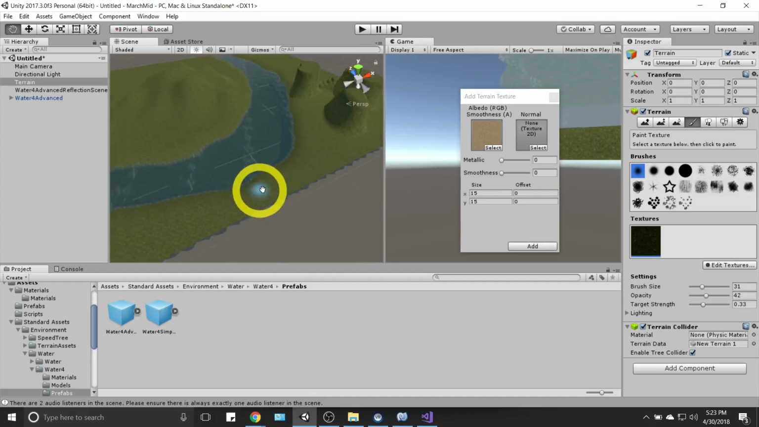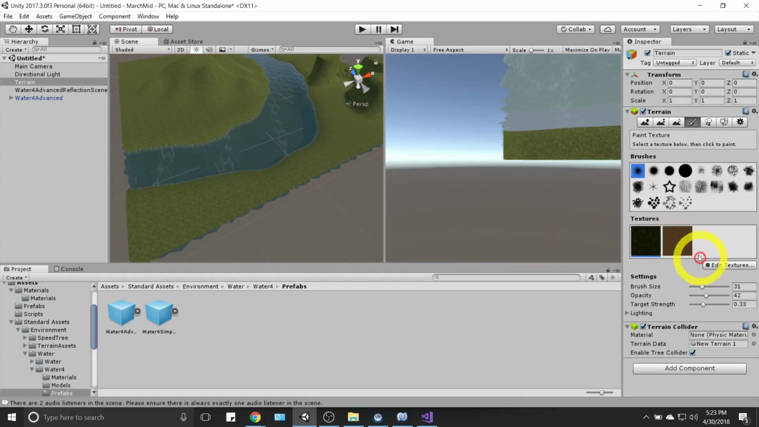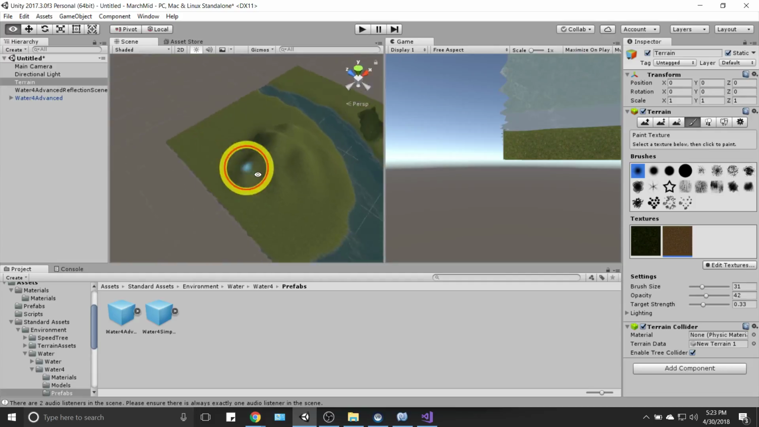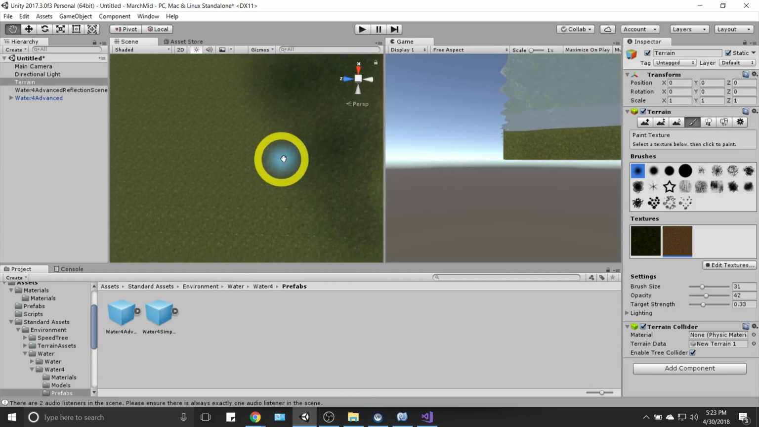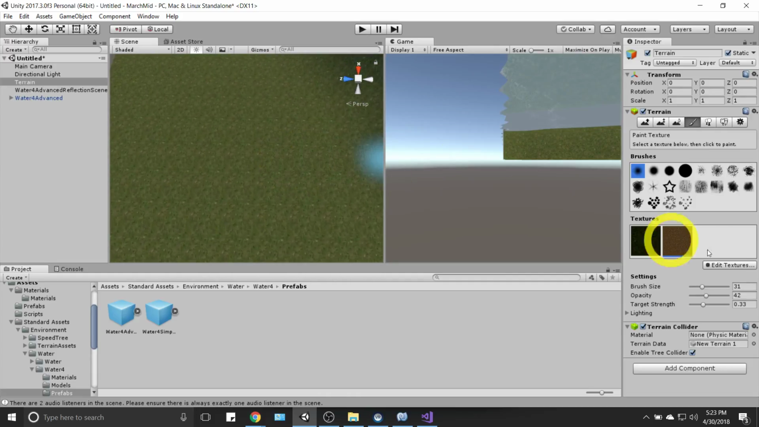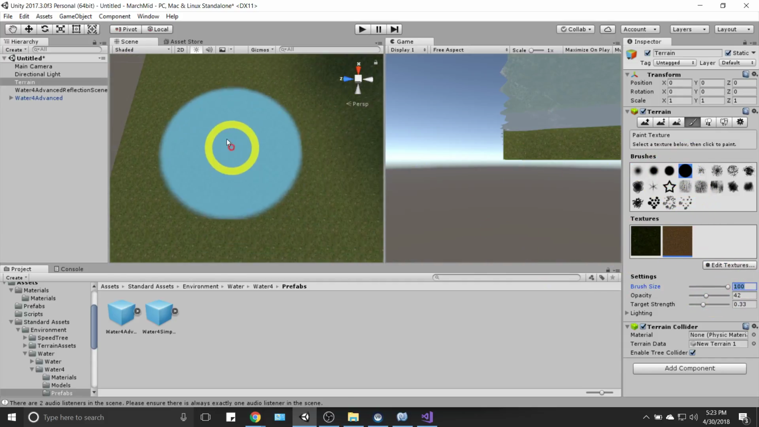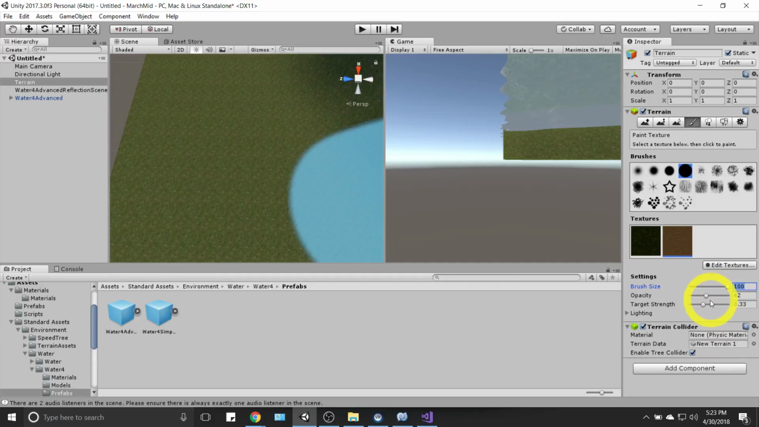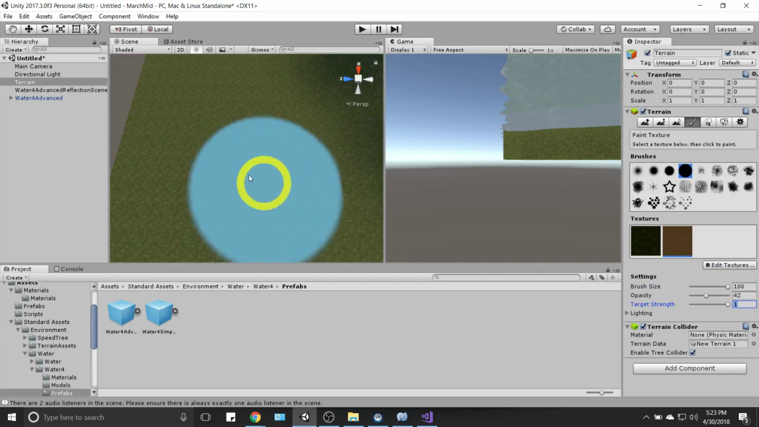So let's click Add. And then in this textures toolbar here, you're going to make sure you select the texture you want to use. Then you can start painting sand over everything. Now, the key difference to understand is opacity versus target strength. Let me make my brush size really large. I want to make it a solid brush. So if I set my target strength to 1,